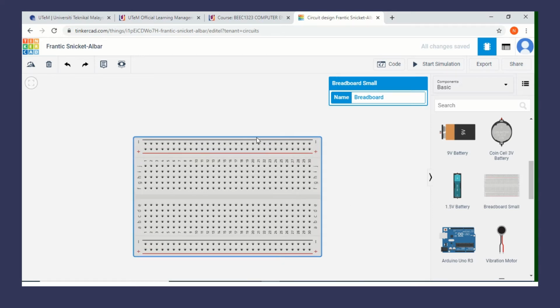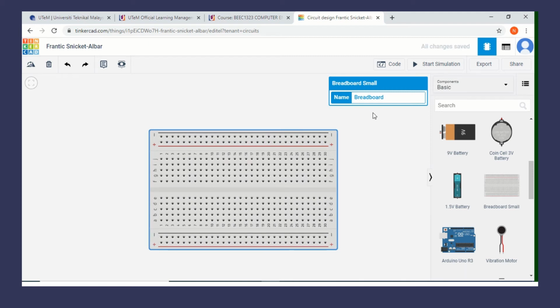Right. So the connection for the breadboard, okay, you can see on top and at the bottom, here you have positive and negative sign,